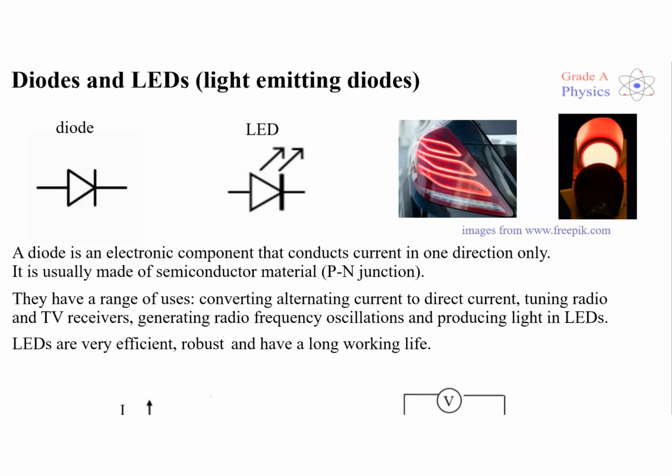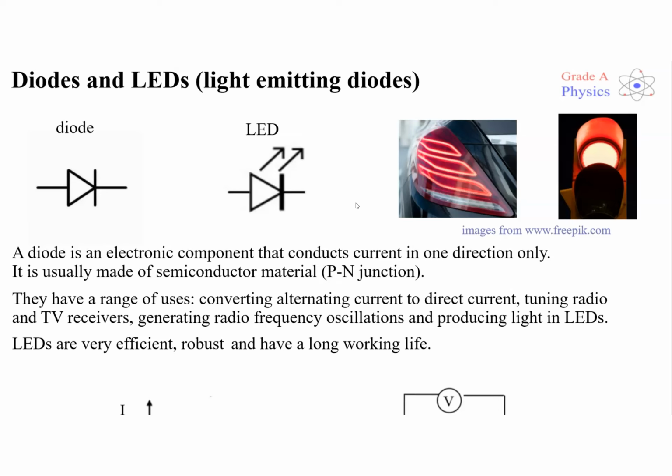So a diode, which you may have seen at GCSE, is shown here, a triangle with a line. An LED is the same thing, but we have two arrows here to symbolize light being emitted. Now LEDs, hopefully the uses are pretty obvious. They're used all over the place for car headlights and traffic lights and a whole range of electronic uses. So clearly they produce light, and they produce this in a very efficient way. So they have a much longer working life than filament light bulbs, and they're much cheaper to run because they're